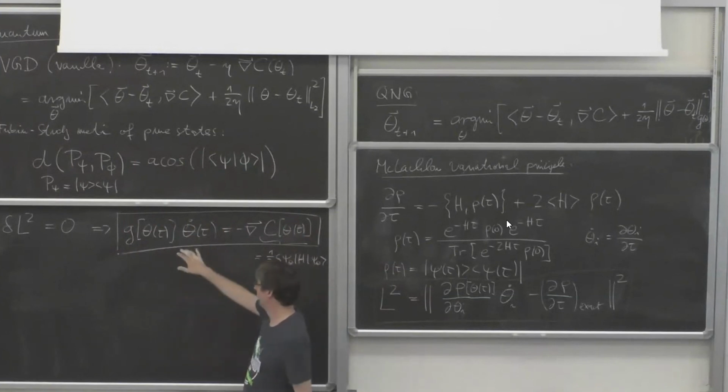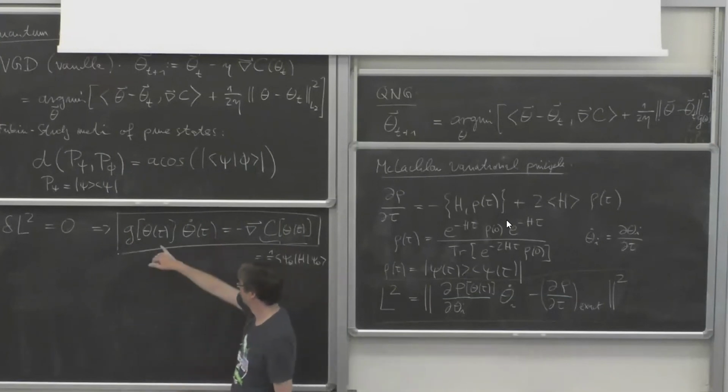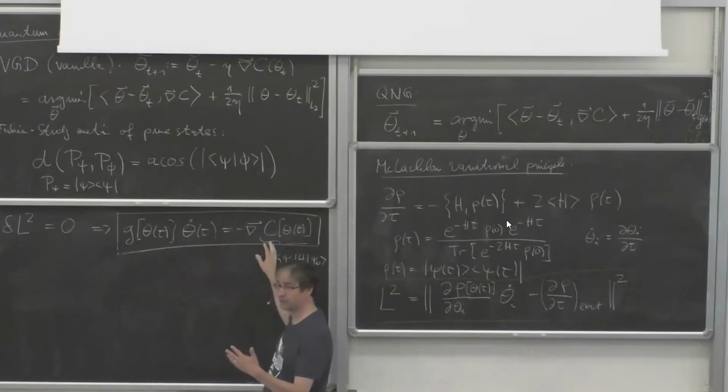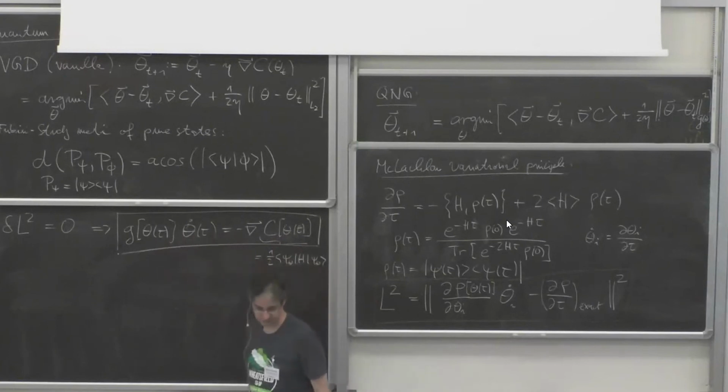That means there are a lot of measurements you have to do, because you need to compute that G and gradient at some time tau. Then you update it over some infinitesimal time step, and then you have to calculate these again. So, this is another way to derive it, and you can do something similar in real time. The equation looks quite similar. Okay, so now I will show the circuits.